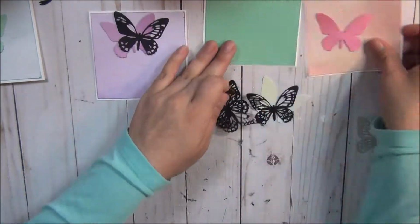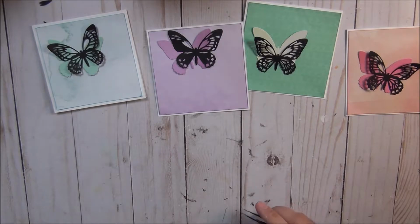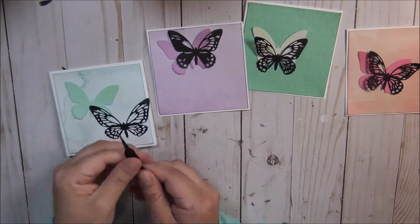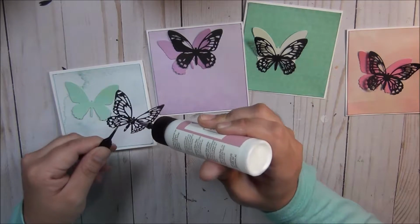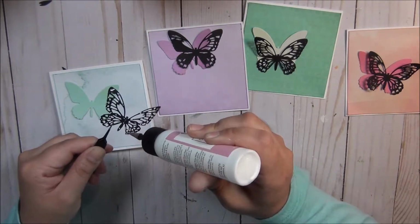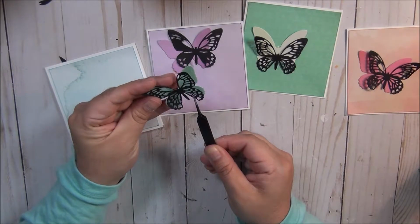So just using my little pokey thing to get all the butterflies squared away. You know I have a tool for this, right? But I'm too lazy to get up to the kitchen to find it. So yeah, I was just using my pick tool. Anyway, going to put little dots of glue and adhere them to their partners, and then